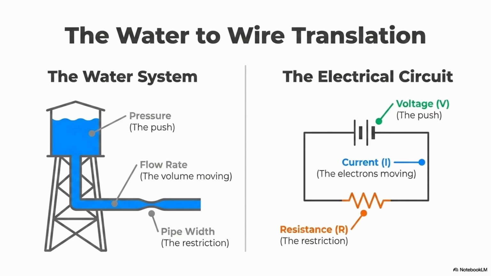Right. It's a brilliant grounding tool for the absolute beginner. It really is. Like you kink the garden hose, resistance goes up, flow rate drops. If you want that same flow back, you have to crank the spigot, which is increasing the pressure or the voltage. Okay, but before we talk about kinks in the hose, looking at slide three, we need to talk about